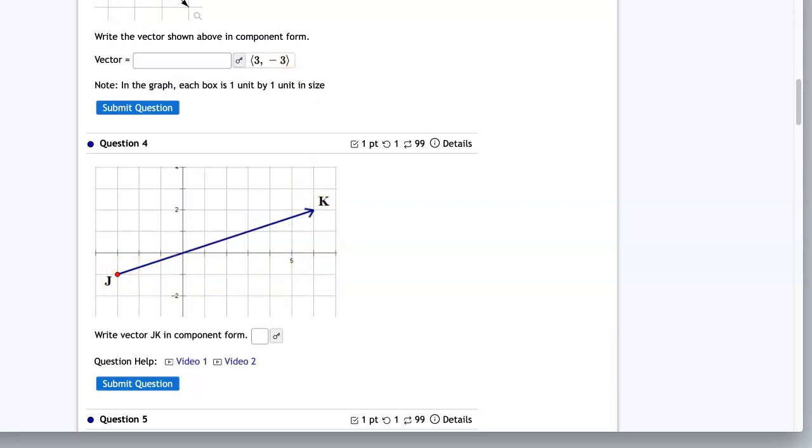You can see that by drawing yourself a little right triangle, that if you move from J all the way to the right to where K is located at 6, we're moving to the right from negative 3 to positive 6, which is 9. And then we're going up from negative 1 to positive 2, which is 3,